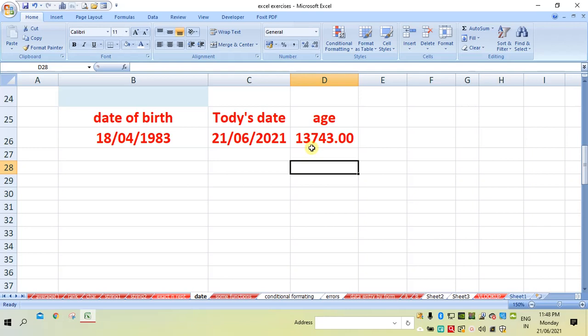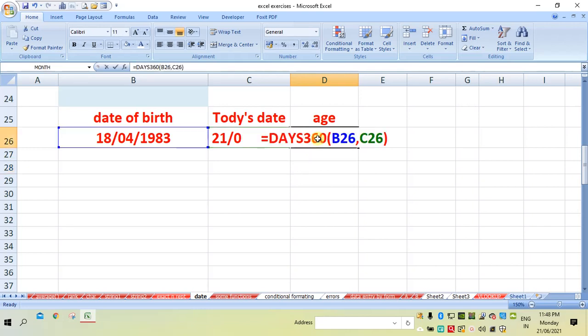So convert this into years. What you do is divide this by 365. Suppose this is the function, then this function can be divided, because these are in the form of days.